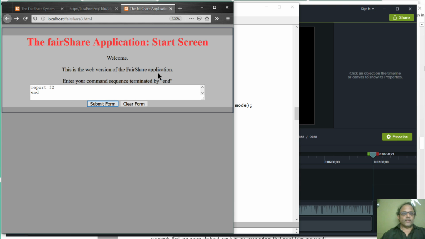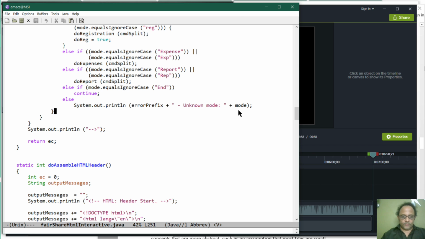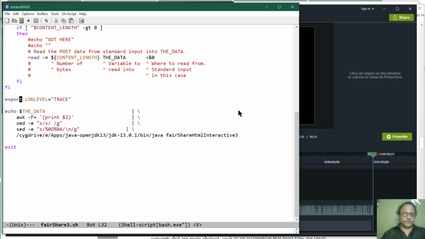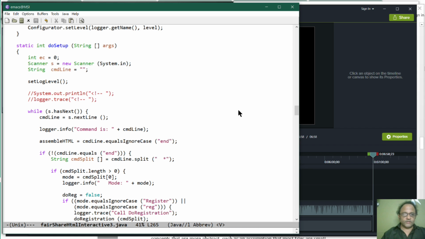Okay, now let's take a look at the other version. We have FairShare 3, and in this we are going to do a few different things. So first of all, in FairShare 3, we are going to have this information here, log level, which is going to allow us to change the logging level that is visible. And we have also made some changes to the FairShare HTML Interactive 3 by using log lines. So for example, instead of having system out print line, here we could have something like logger trace, but